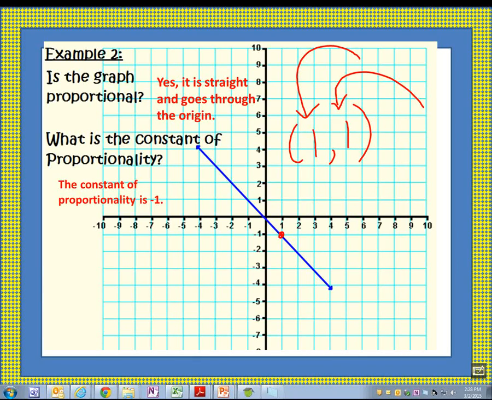So, wait, there. This is 1, negative 1. And when the x value is 1, so why wouldn't you do it over here? Because that's not the x value of 1, that's negative 1. Okay. Yep, I could even have it be like this. This is not going to be straight, but